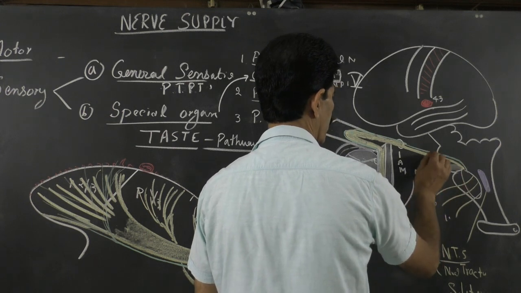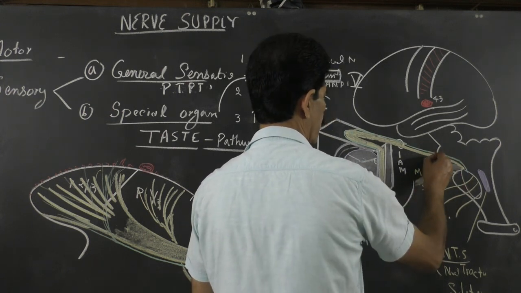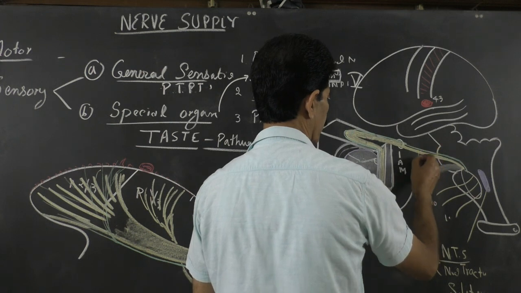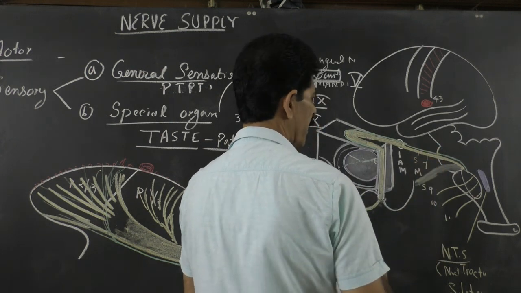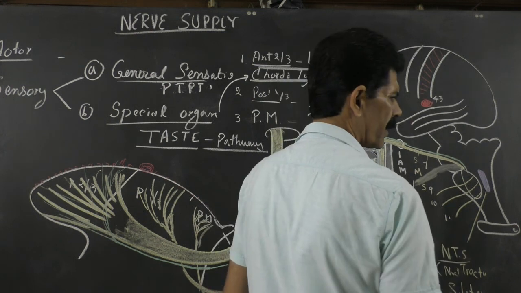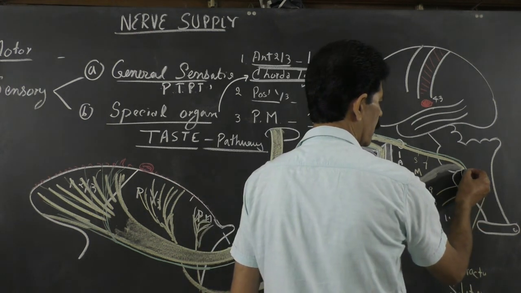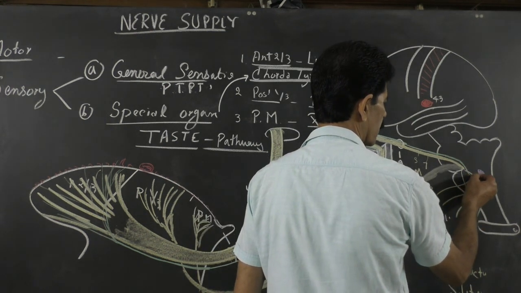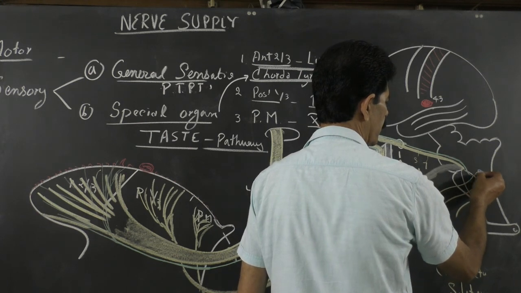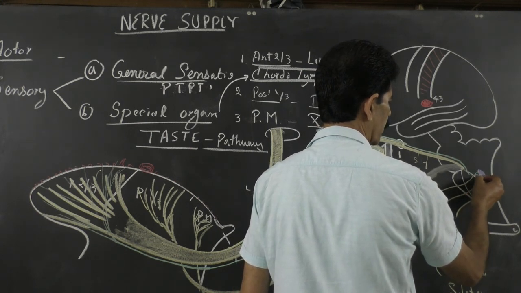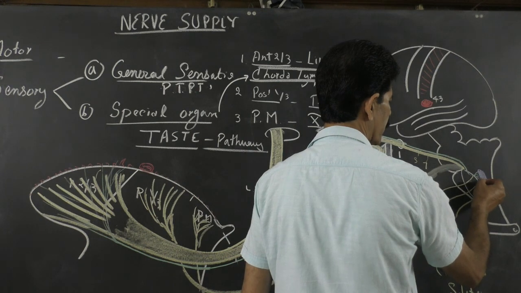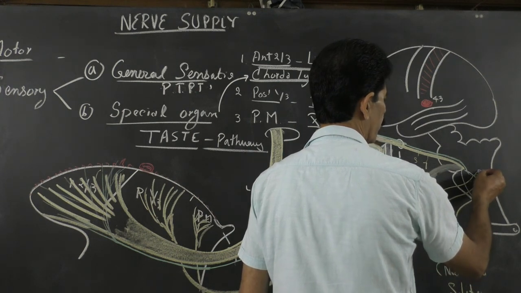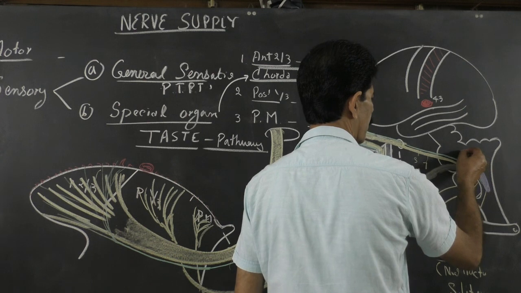So this is the seventh nerve, the motor component, and this is the sensory component. After entering at the pontomedullary junction, these fibers relay in the upper part of the NTS, nucleus tractus solitarius, from where the new fibers start,